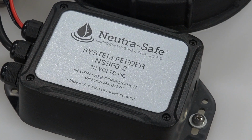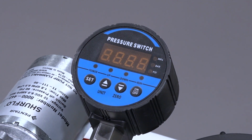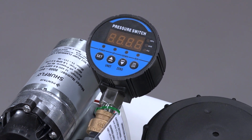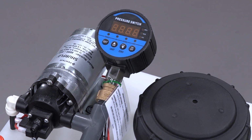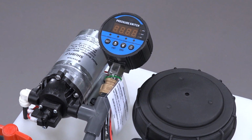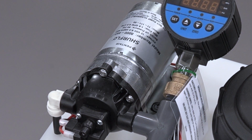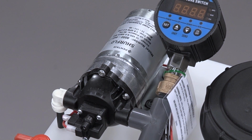Our hydronic and solar system feeder features a digital control which enables you to set the cut-in and cut-out pressures independently. It is good for up to 50 pounds of system pressure and also has a 60-pound overload limit. It features an industrial pump capable of providing 50 pounds of system pressure and also has a 60-pound safety limit